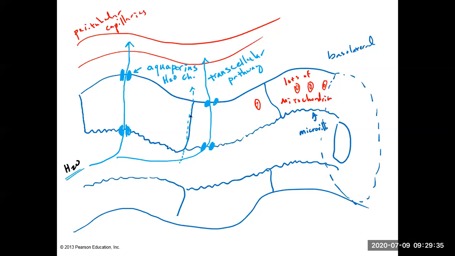Tight junctions hold these cells together, all right, and they prevent transport of substances from one cell to another, but we're not doing that. We are going in between, all right? So water can actually go in between these cells,